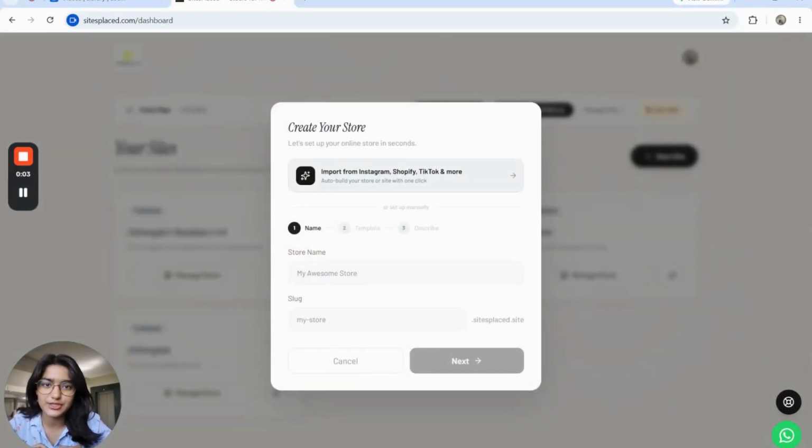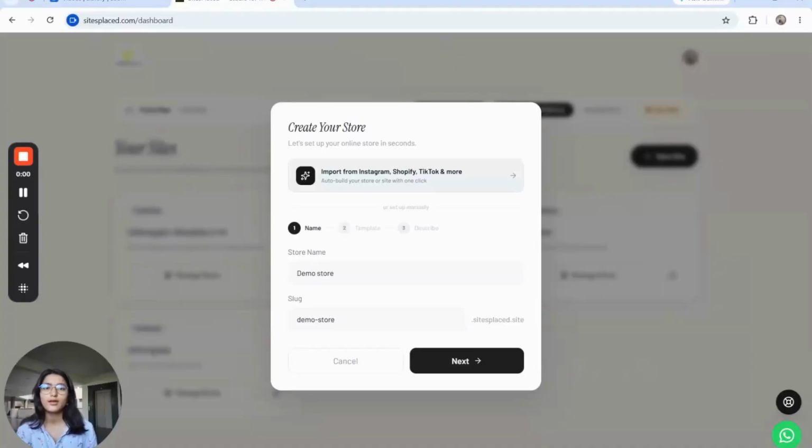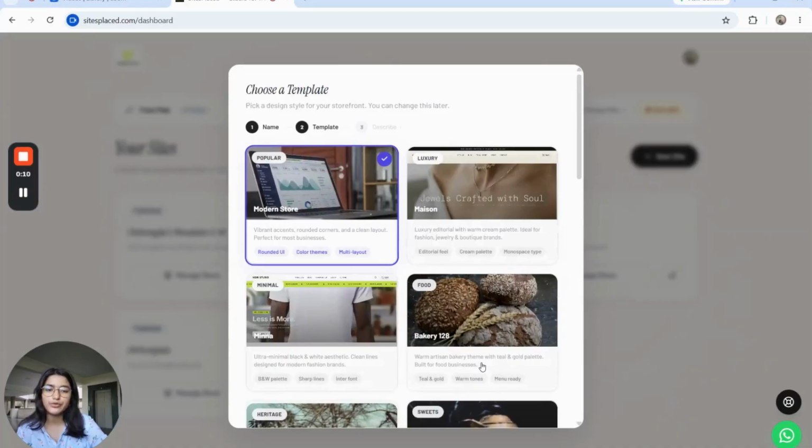So this is the next page. Here we need to fill in some basic information about our store. First, enter your store name, which will be the name displayed on your website. Second, enter a slug, which will be the part of your website's URL. Make sure to choose an easy and unique name and slug so that anyone can access your website and identify your website easily. Once you have filled all the required details, review the information to ensure everything is correct. After that, click on the next button to continue further.